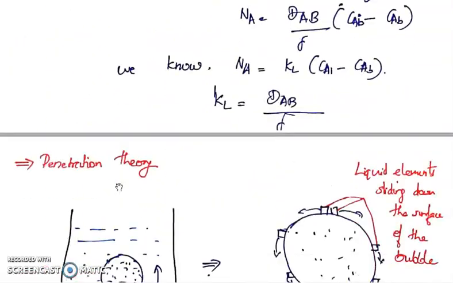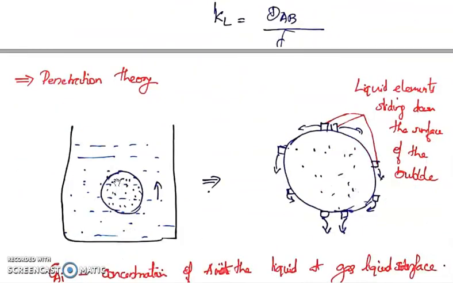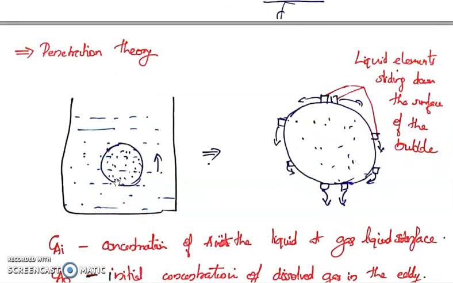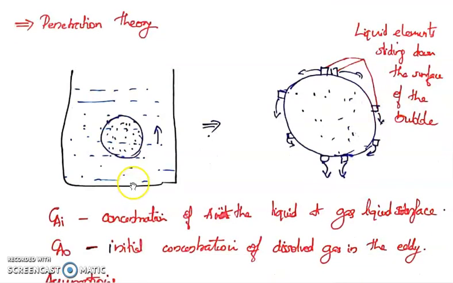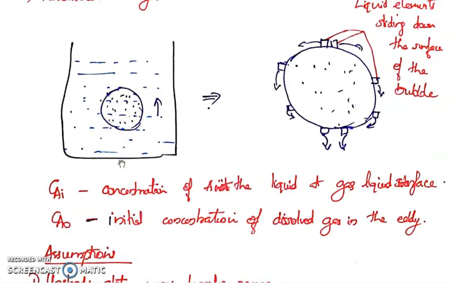The second theory is known as penetration theory. This is used for another system. Let's assume the mass transfer or diffusion of a gas bubble into a liquid. In the first case, we were discussing the transfer of a solid molecule into a liquid system. Here, let us assume the transfer of a gas molecule into a liquid. The best example is diffusion of ammonia-air mixture into a liquid.